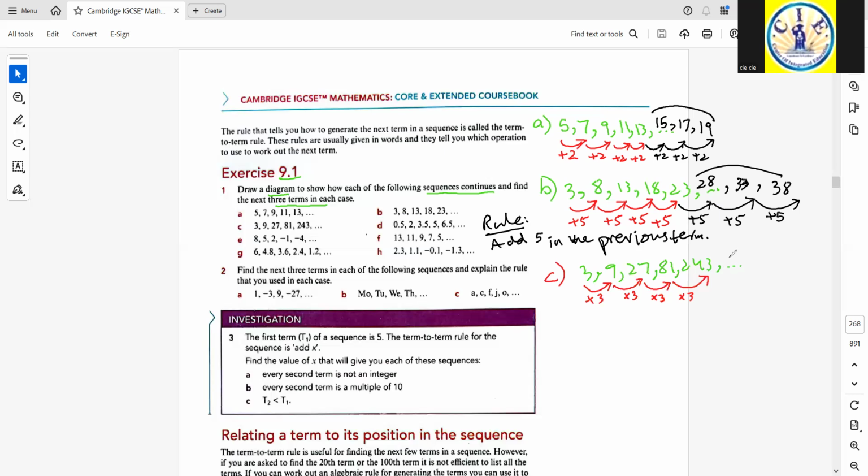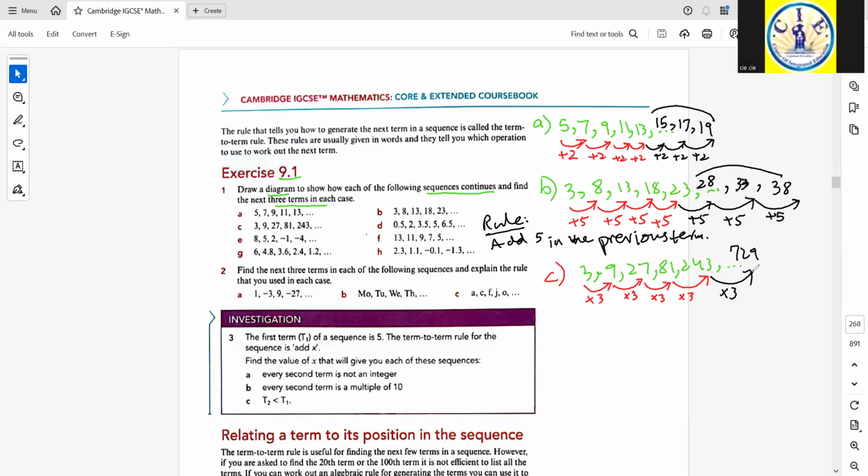So we can observe that our rule, which is known as the term rule, is to multiply the previous term by 3. Okay, and in the same way, when we multiply 243 by 3, the next term of the sequence would be